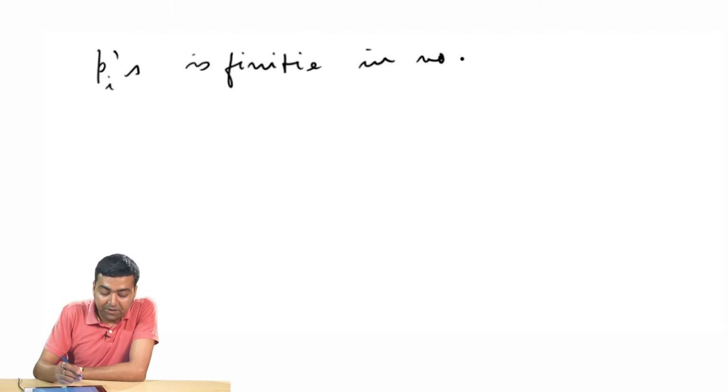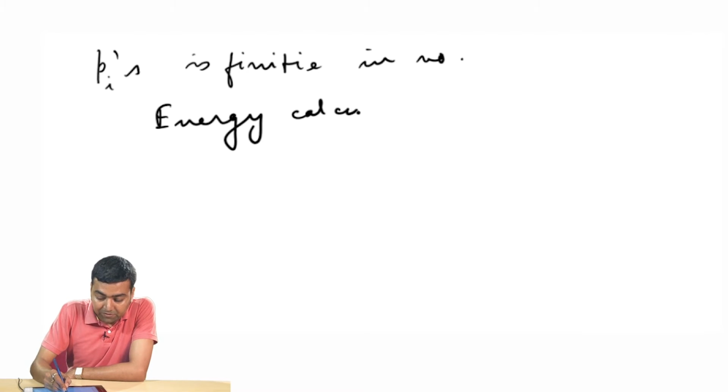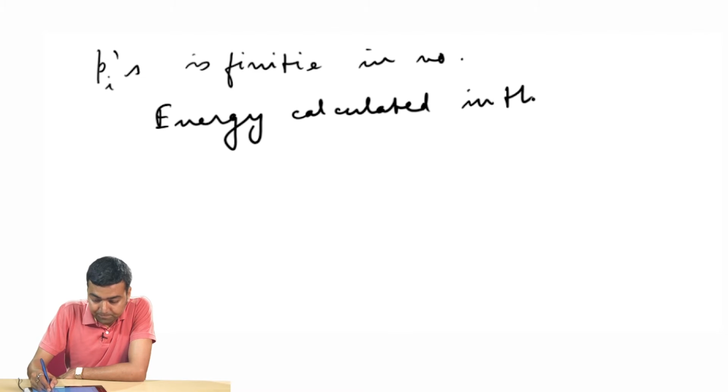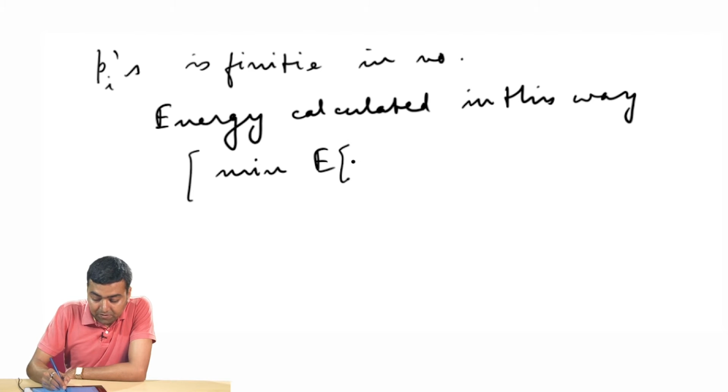What this implies is that in this method, the energy which we get, calculated in this way, that is, by minimizing E of psi with respect to the p i's,